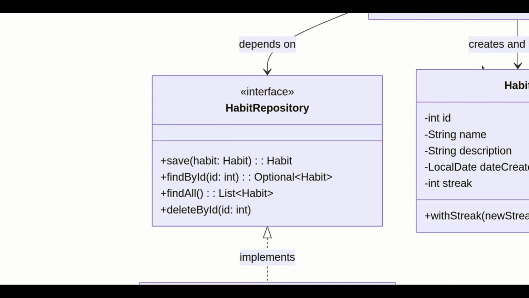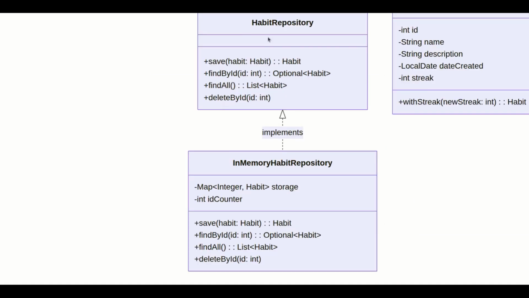Habit repository interface defines the required data access operations. It abstracts how habits are stored, so the service layer doesn't care about the actual storage mechanism. It declares methods for saving, finding, listing, and deleting habits. In-memory habit repository is an in-memory implementation of the habit repository. It uses a map of integer and habit to store habits. It auto-assigns IDs using an internal counter, and it provides concrete versions of all repository methods, making it useful for